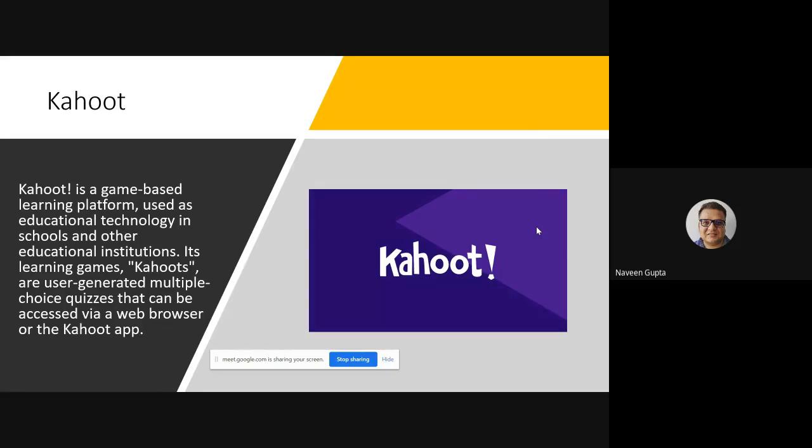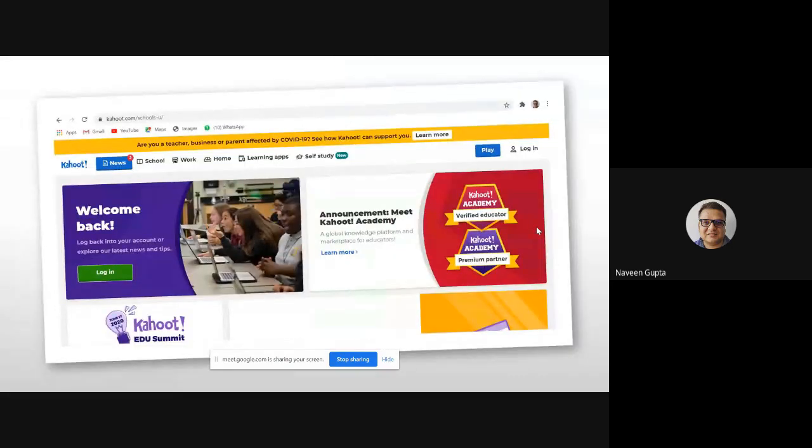Now how to use this is what Kahoot is. So you just need to open kahoot.com. For Mentimeter, students need not download anything. For Kahoot, students need not download anything. They can just open this application on their mobile phones or a laptop, and they can attempt this. They don't need to download anything. So this is kahoot.com.